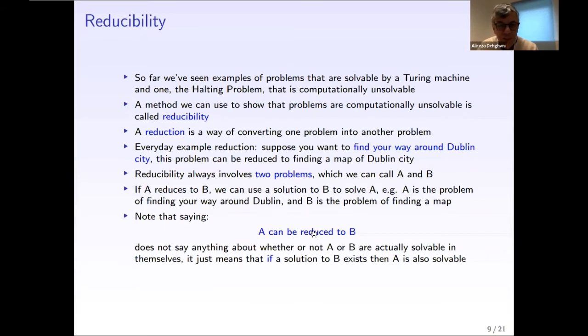So reducing doesn't mean necessarily that problems A and B are solvable or not. Probably you may not have an internet connection there, or that specific location is not available on the map, and so on. So what would happen? The thing that would happen is it is not solvable. Although you have reduced problem A to B, it doesn't mean necessarily you make the problem solvable. So that's the whole story.